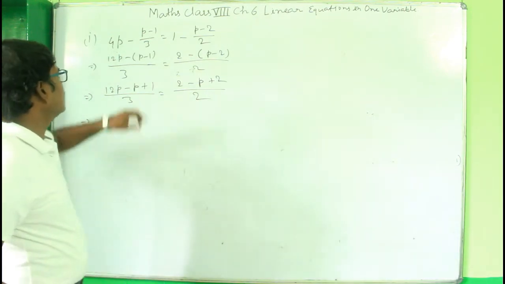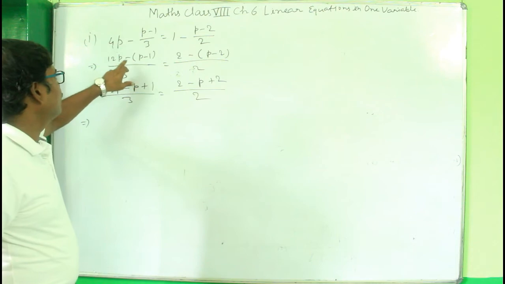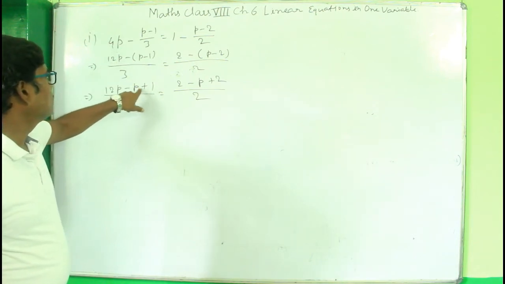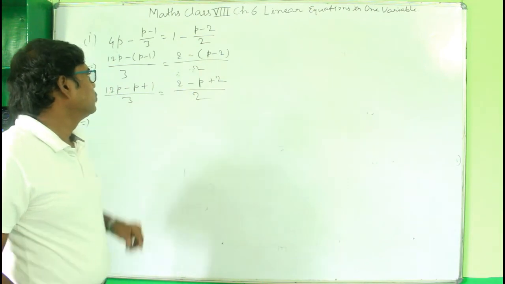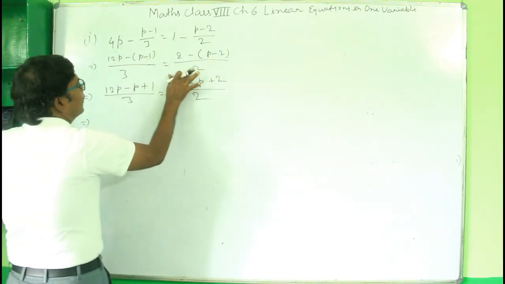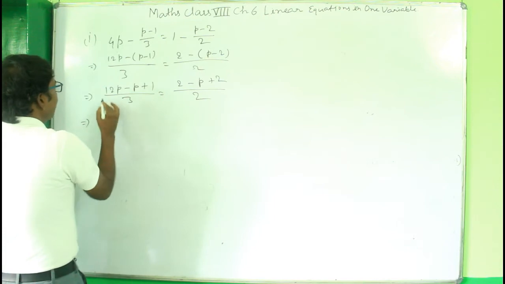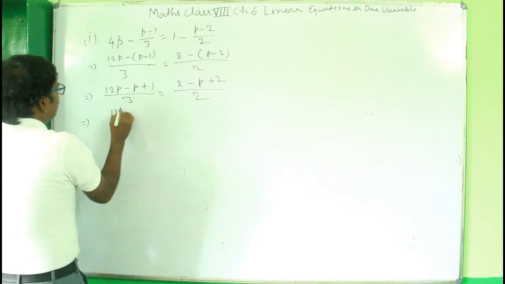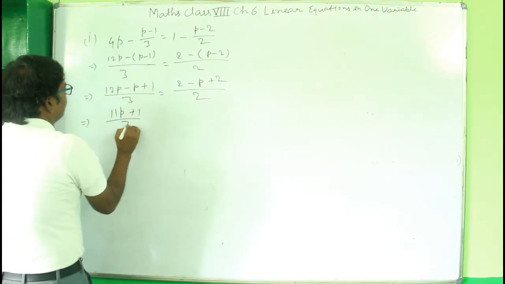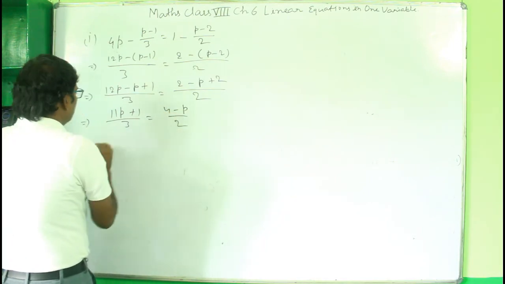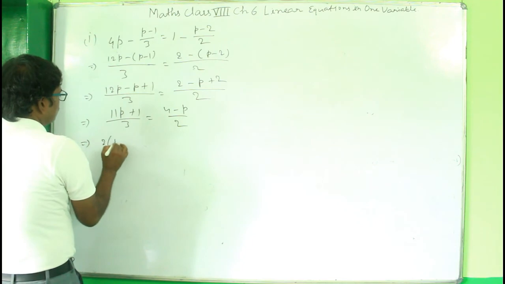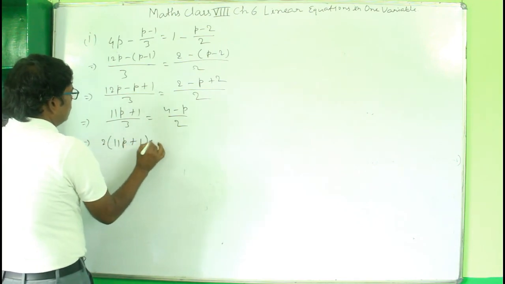You see here this minus sign, so because of the minus sign it will be minus p and then plus 1 here, and here also minus p plus 2. Okay, remember this step. So 12p minus p will be here 11p plus 1 by 3 equal to 4 minus p by 2. Now cross multiply. 2 into 11p plus 1